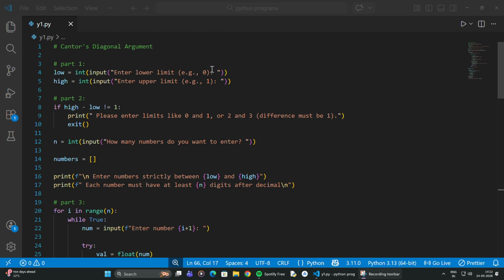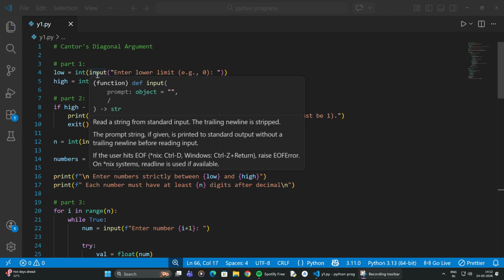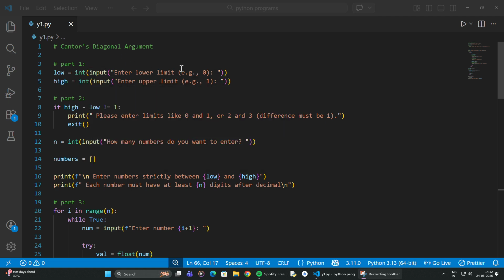In part 1, you can see I have taken the lower and upper limits of the interval. This defines the range in which all our numbers must lie. If the user enters 0 or 1, the number should look like 0. So the integer will be fixed and only the decimals vary.